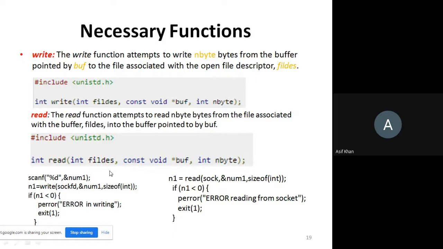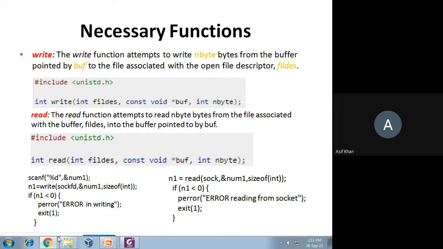Then the buffer: after you read from the endpoint, the message will be written into this buffer. So the address of the buffer where you want to write the message after reading, you need to pass here. And then this is the size of the message in bytes.